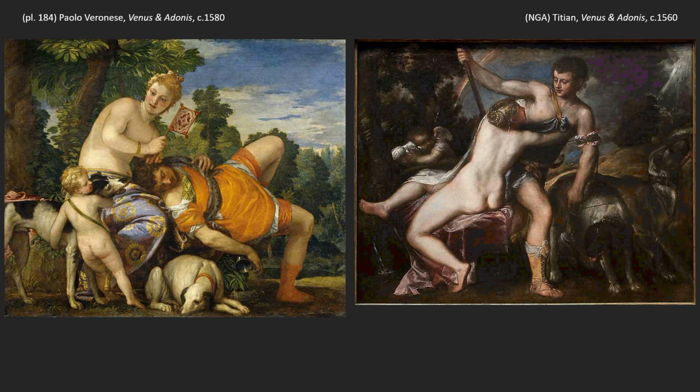So here he's fast asleep. I love how Cupid's playing with the dog. It's sort of the same hounds that Titian had painted, now brought in. And again, the bench, and Venus seen in a similar pose, but from the opposite side. That's something Veronese does two or three different times.